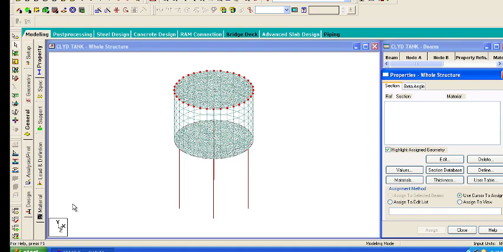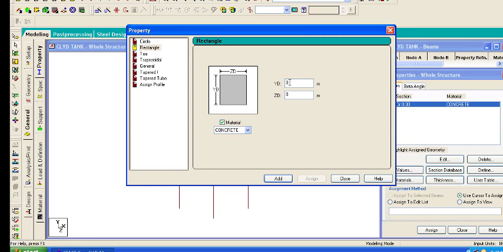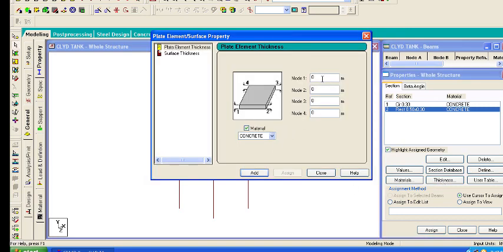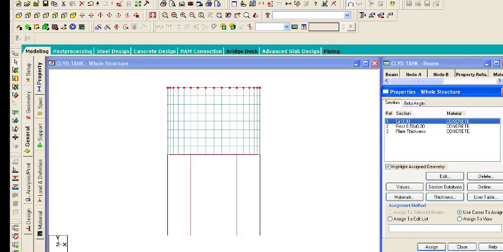Then we go over to general. We can define the properties. We have a 300 column. Then we have a rectangular perimeter beam of depth 0.5 meters, and the width is 0.3. We can add, and then the thickness of all the plate elements is 0.25. We can add,